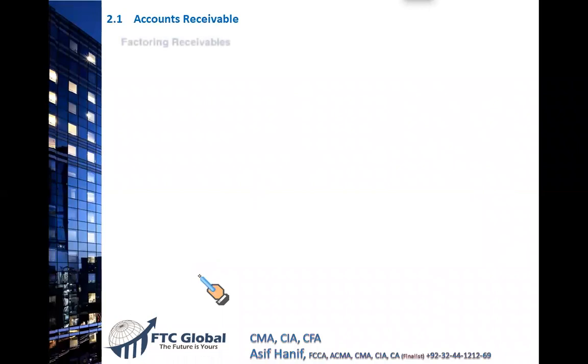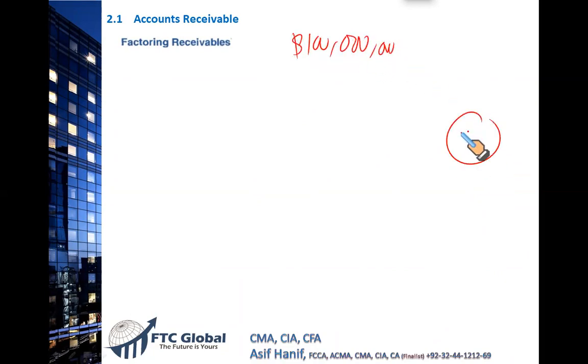Now, the last area. Sometimes we have a lot of customers on our books, let's say $100 million worth of account receivables, and we have nothing in our bank account. This is a very terrible situation when your customers' balance is $100 million and there is nothing in your bank account. Terrible. Then what do you do? There are two ways.